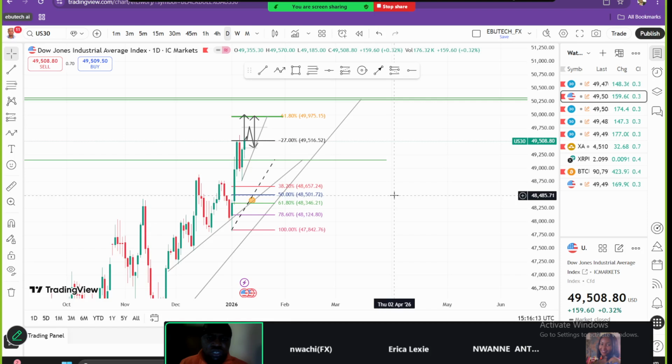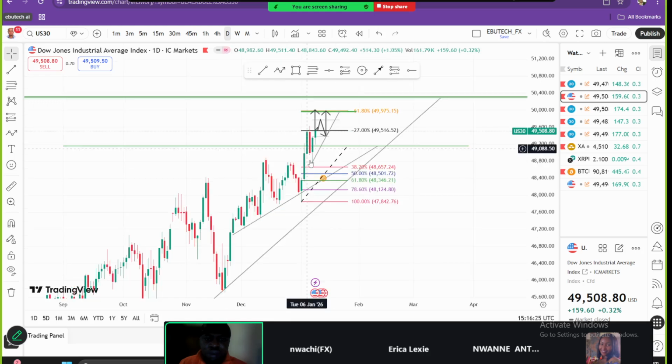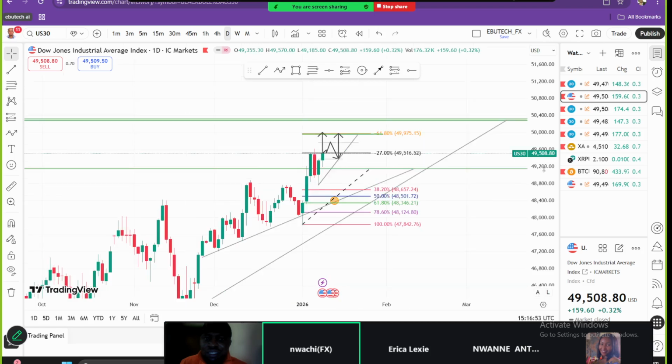Another thing is that I've been with this US30 for very long. I have seen the market push up here, it came here and gave us double top, and it went back. This red candle signifies that it couldn't push up here. I'm looking at it from the daily time frame. So my expectation from the market is there might be a little pullback to get to this 61